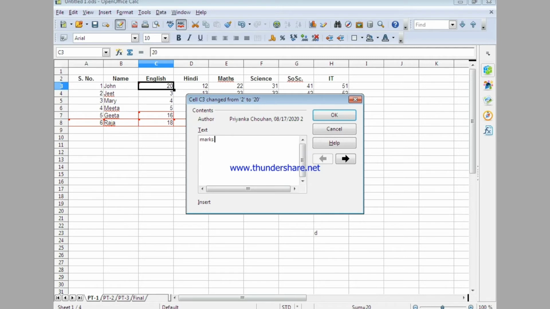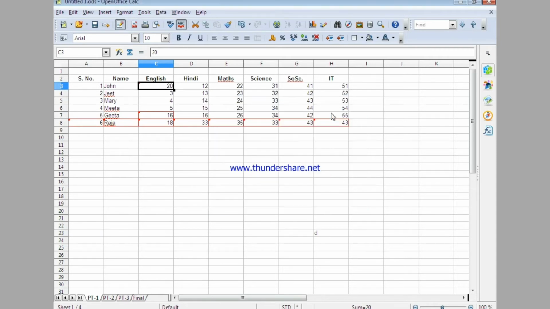I write here marks changed. So whatever change or whatever addition I do, it would be done there. When I hover here again, you can see marks edited has changed to marks changed. So in this way we can add a comment or we can edit a comment in a change.